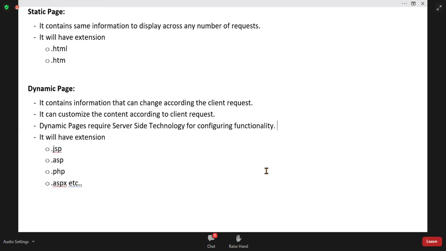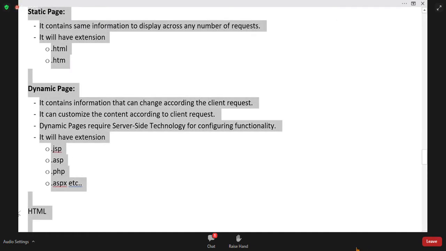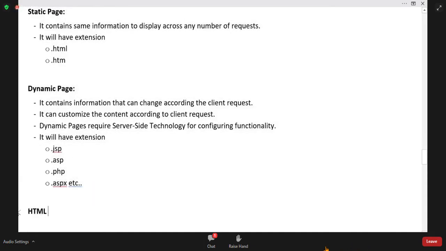But remember, HTML is used for both of them. That means HTML is used to design both static and dynamic pages, because sometimes people have a wrong idea.